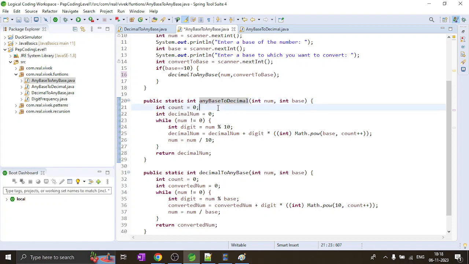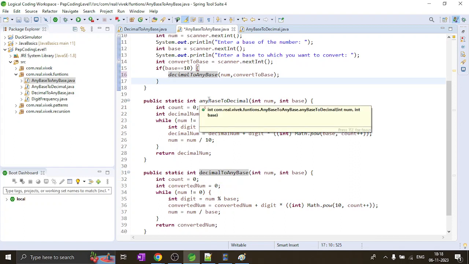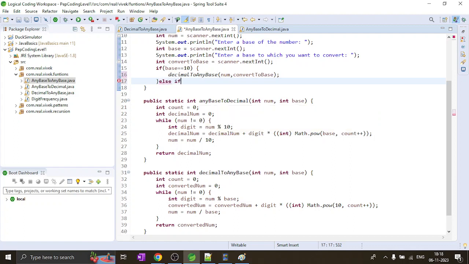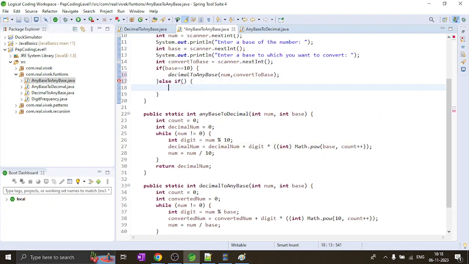Any base to decimal will convert from any base to decimal, correct? Decimal to any base. Else if what we can do is have an else if base is not equal to 10